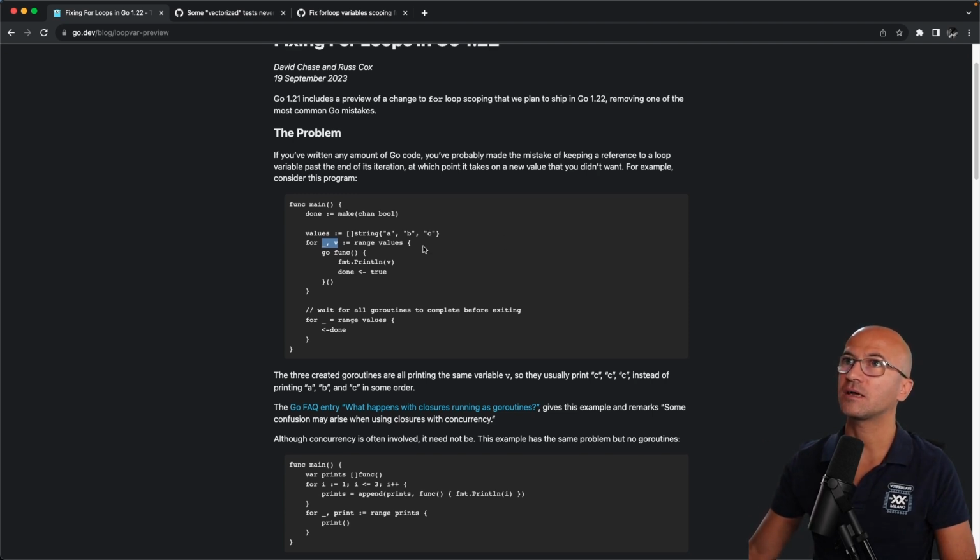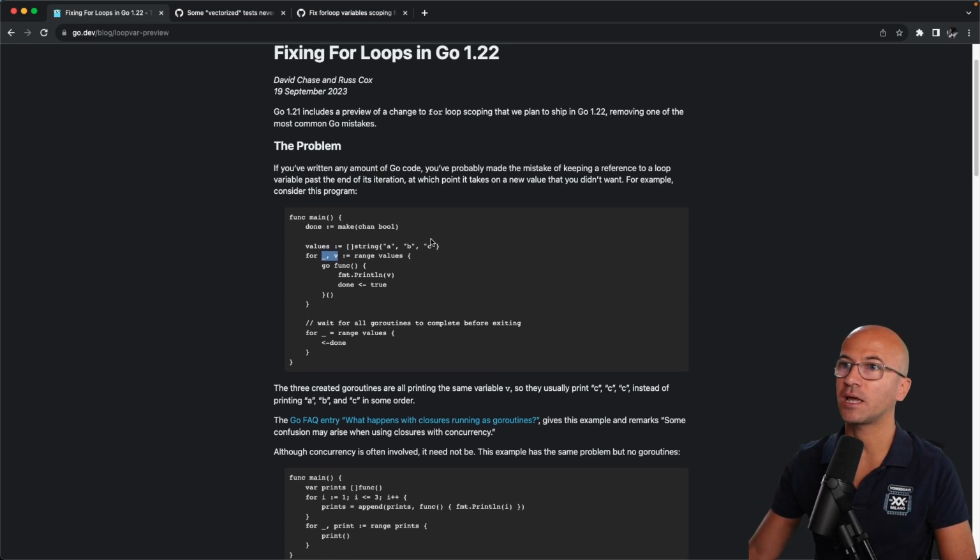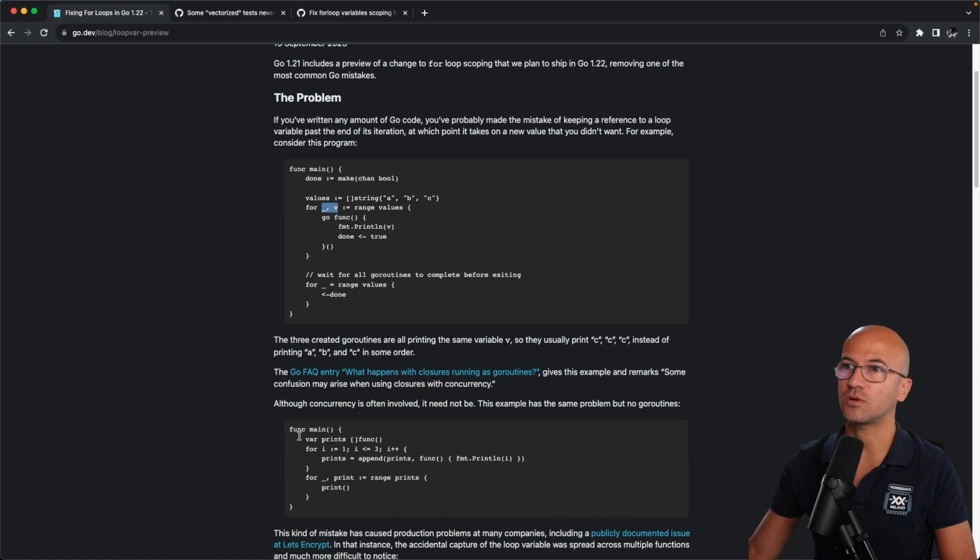At least for myself as a newcomer to GoLang, what I found most helpful was to look first at this example that I'm going to comment on, just to set the context for this video. As you can see, we are defining a for loop with an i variable that is part of that for loop scope. What basically happens here is that we have an array of anonymous functions, so these lambdas that are capturing i.